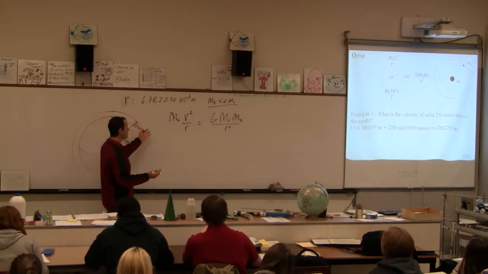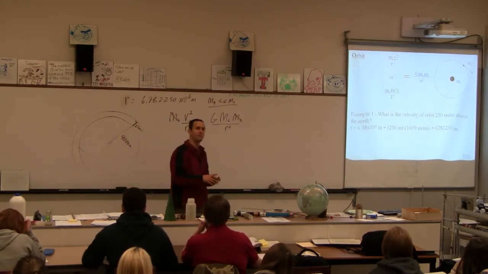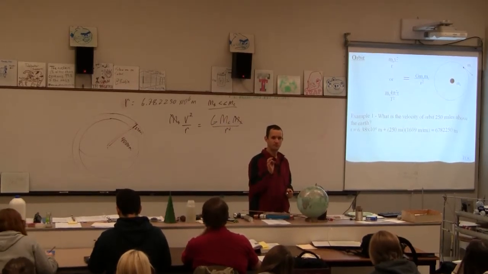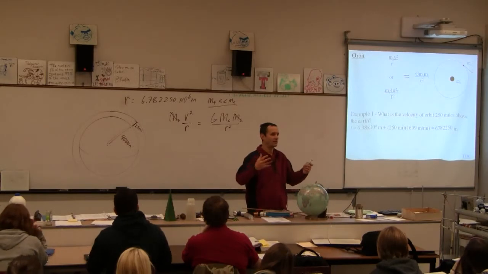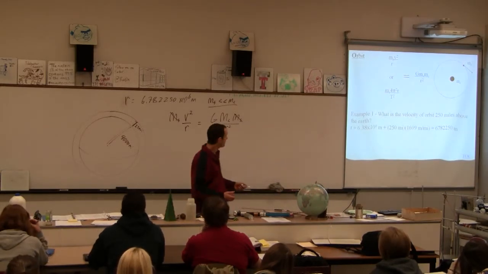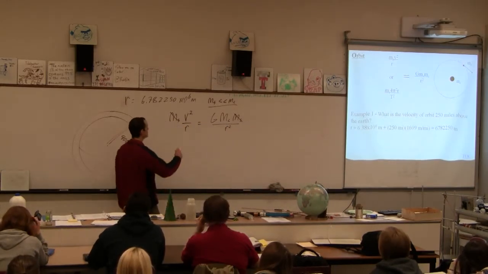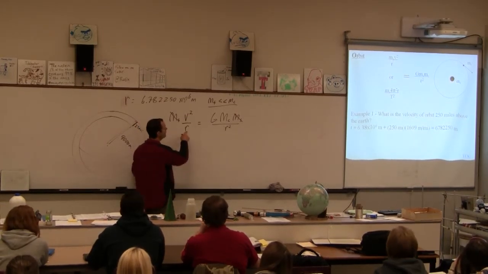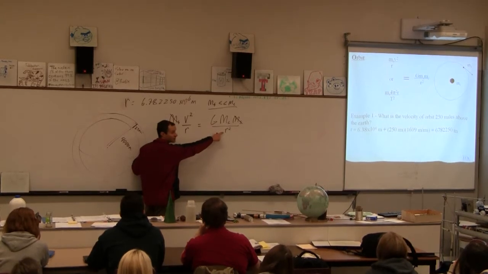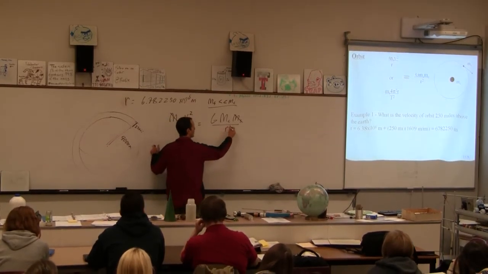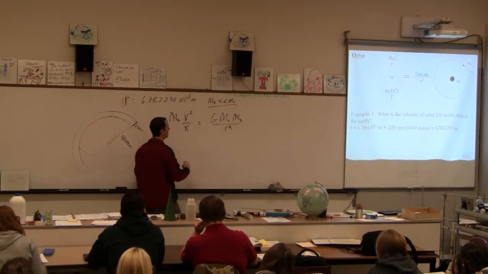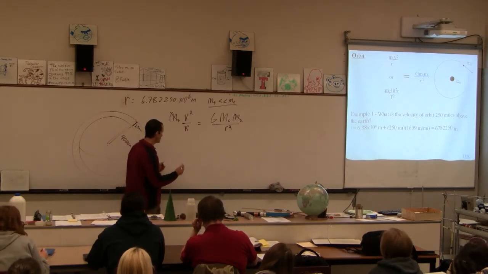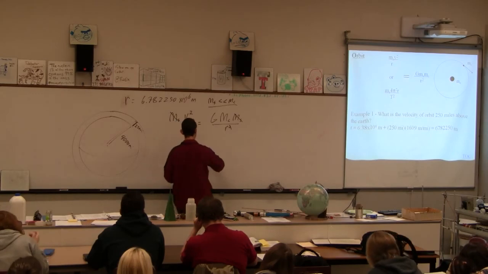We don't even need to know it. This is good news for astronauts. If you step out of your spaceship, you will have the same orbital radius as your ship, because the mass of whatever is in orbit doesn't matter. Now let's solve this for v. How hard is that? I move that r up there and it's going to cancel one of those. Then I'm almost done. I just have to square root both sides, so v is going to be the square root of